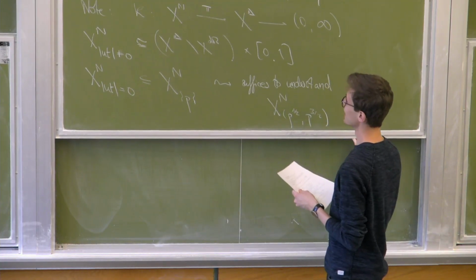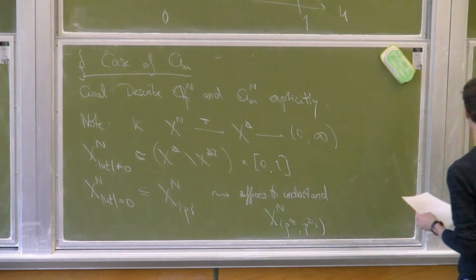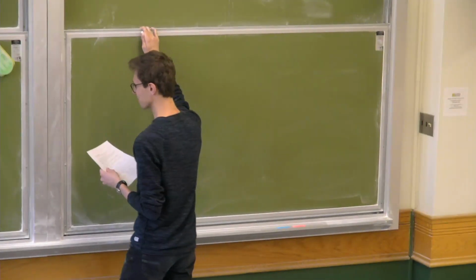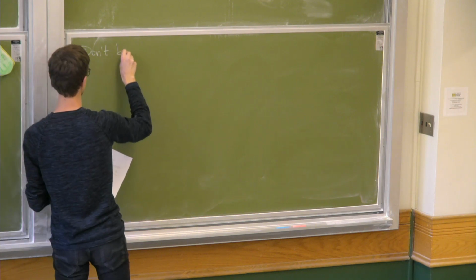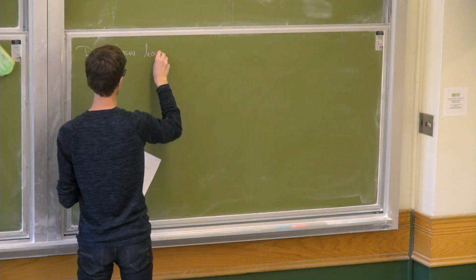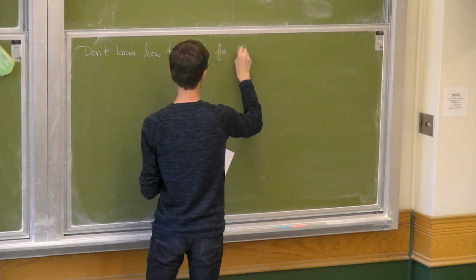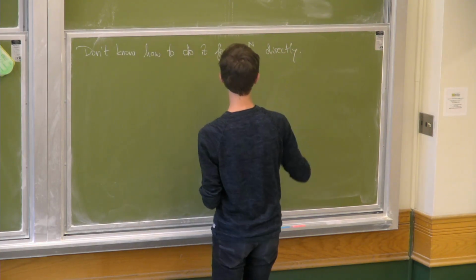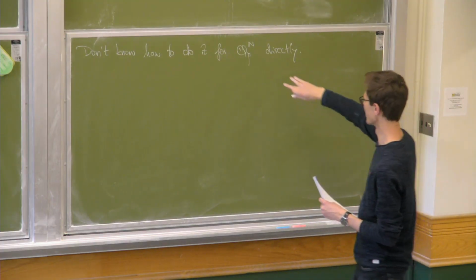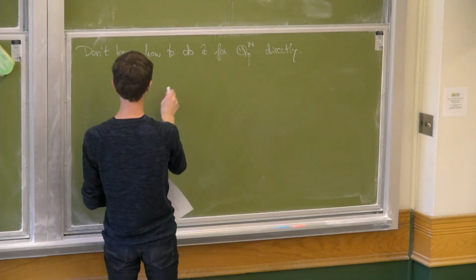And okay, maybe there's just one slight problem. I don't really know how to do this for Drinfeld prismatization directly, and this is because this map that I had before, like from